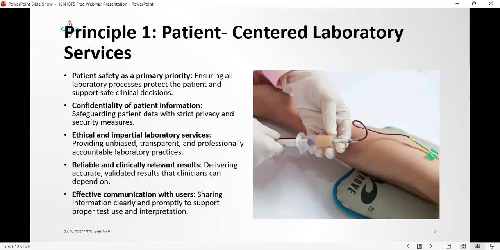But because they need the result to sort out an ailment, if for any reason the result is going to be delayed, even if it is a wrong result that was issued, it behooves you, because you have the patient at heart, to communicate to the client. If possible, reach out to the doctor, because if you do not communicate the result, it's as good as you did not do anything, because you did not meet the final requirement, which is to be used for diagnosis and prognosis for the client and the treatment plan.